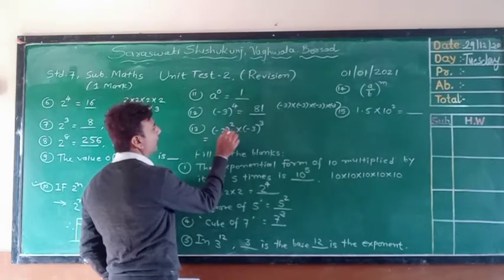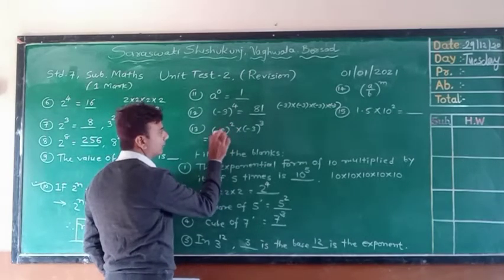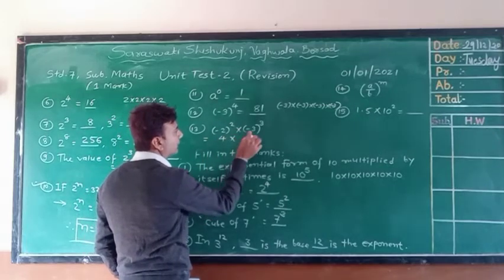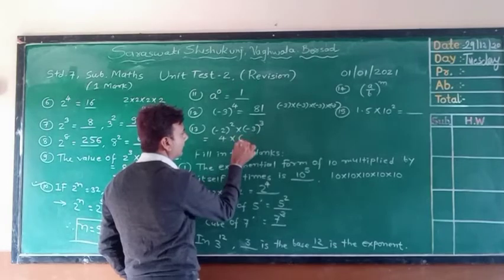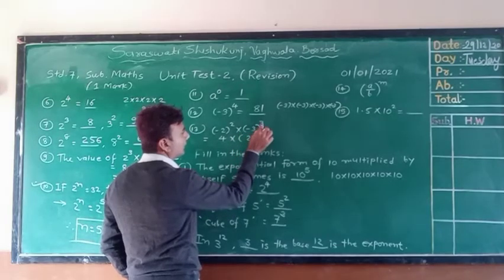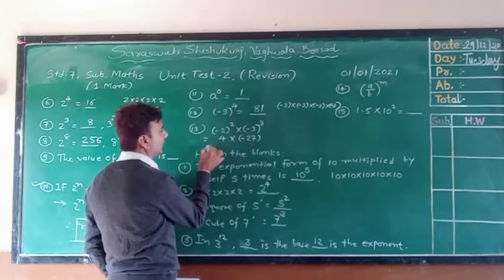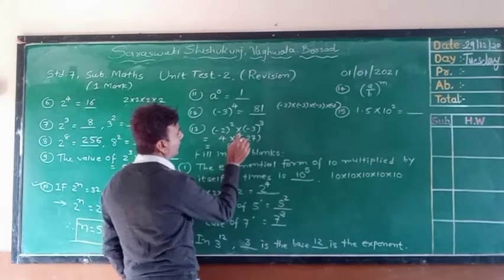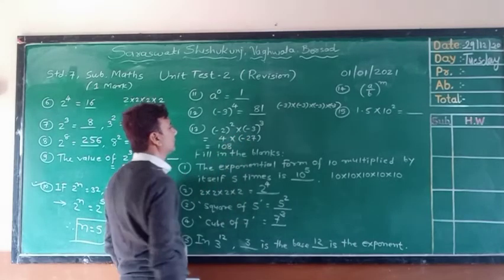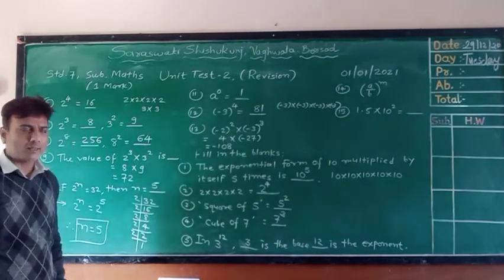Minus 2 cube. 2 square is 4. Power: even number, remove the minus sign. Minus 3 cube: 3 times 3 is 9, times 3 is 27. And the power is an odd number, so the minus sign stays: minus 27. Then 20 divided by 2 is 10, and a minus sign 1 time, so we will put the minus sign there. Okay.